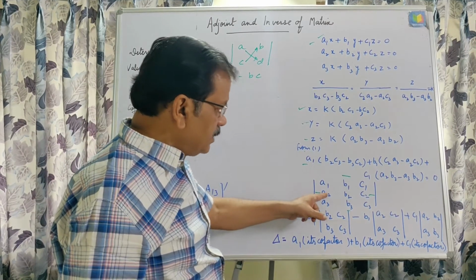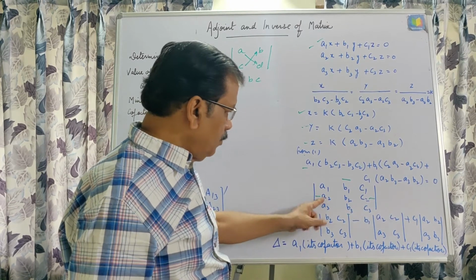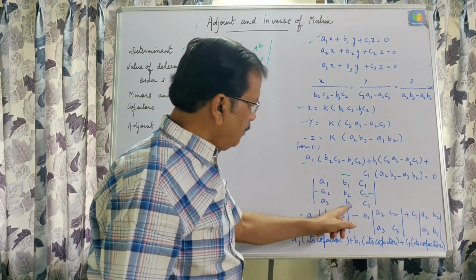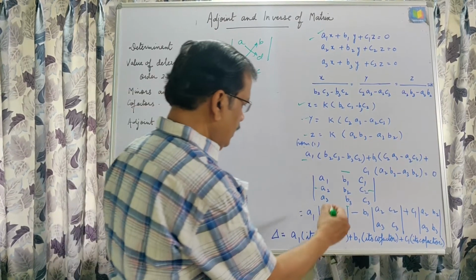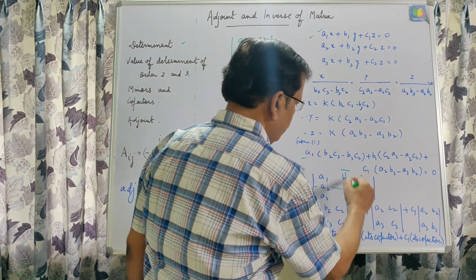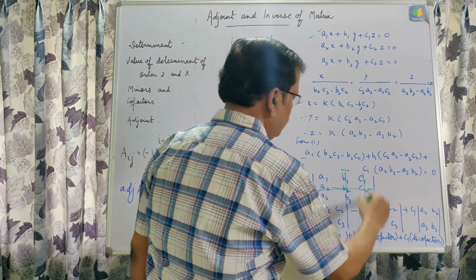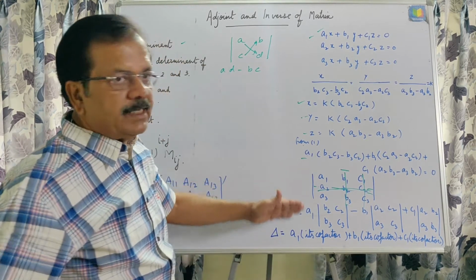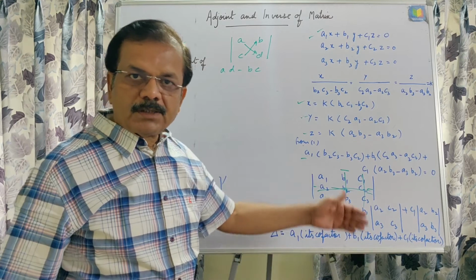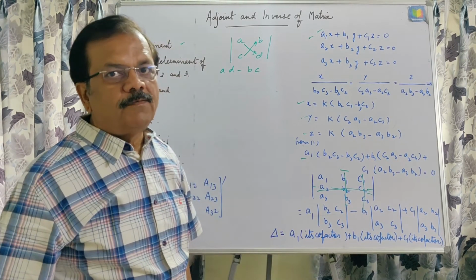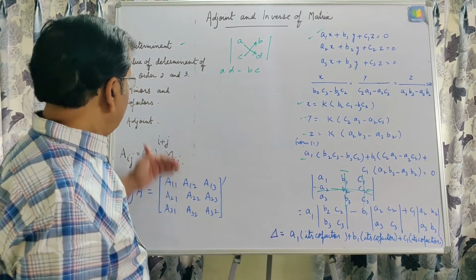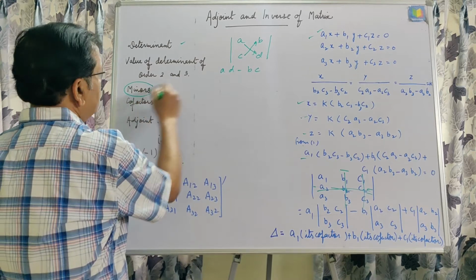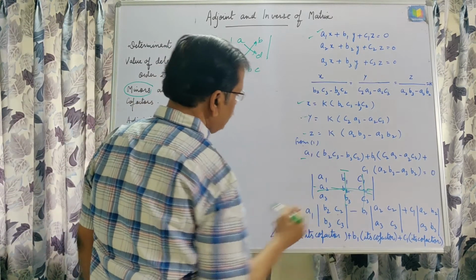If we expand with respect to the second row, then A2, and then we add this, we will get B1 C1 and B3 C3. In the same way, B2, this will be hidden, C2, this will be hidden like this. Okay, and this way we can get the value of any determinant, because this expansion of determinant will be used in minors and cofactors also. Now what about the minors? This is of order 2, this is of order 3.